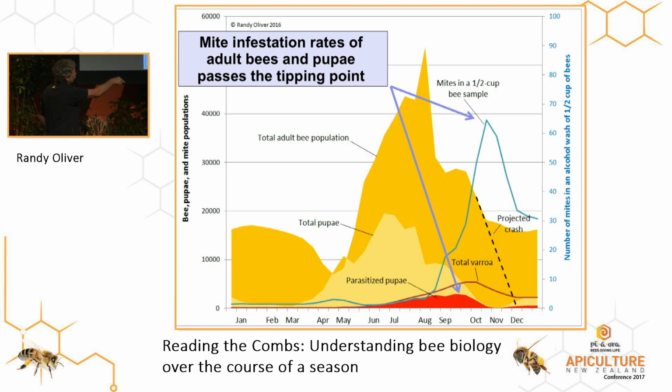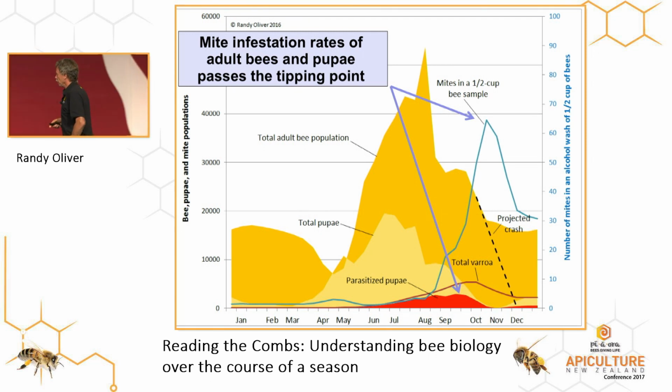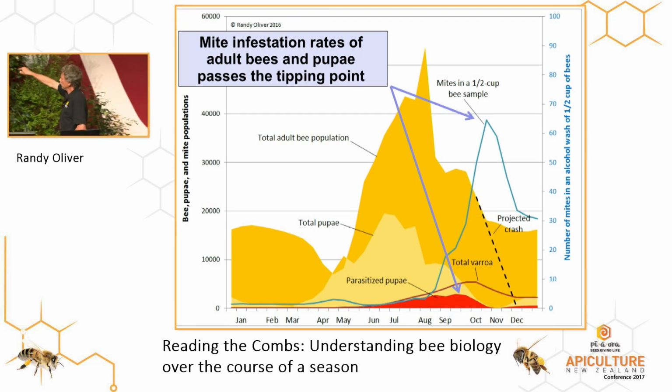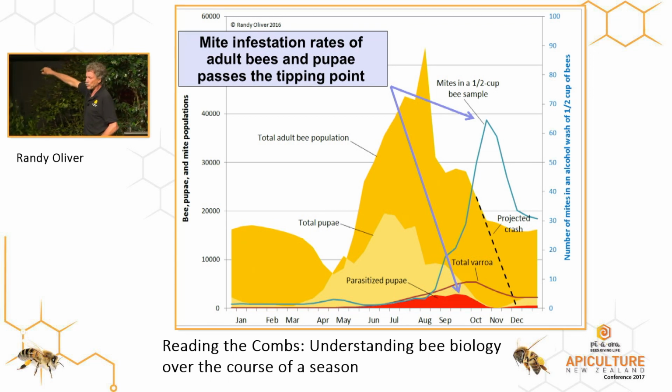But now, instead of showing all the brood, I'm just showing the percentage of pupae in the hive, the number of pupae. And the red is the percent of those pupae that are parasitized by a mite or two. You notice early in the season, only a tiny proportion of the pupae ever get parasitized by the mite. You get back to this time, now right here, you've got 50% of the pupae parasitized by varroa. That colony will not survive. You get about 25% parasitized by varroa, at least in the United States where our viruses have evolved.